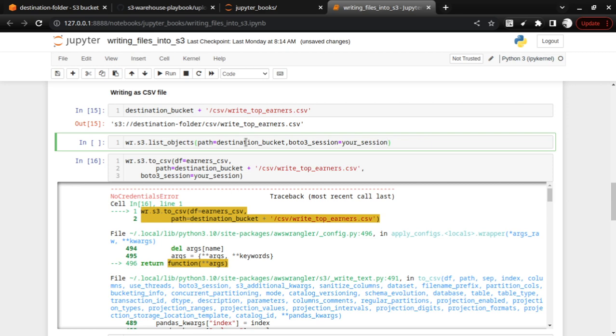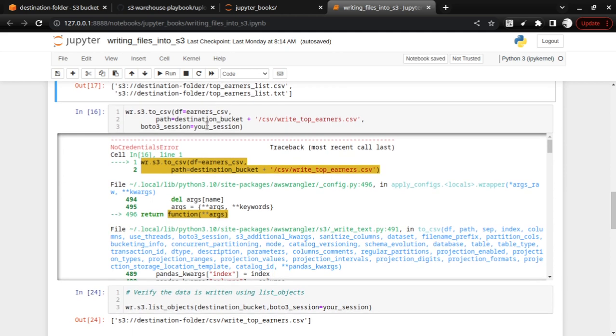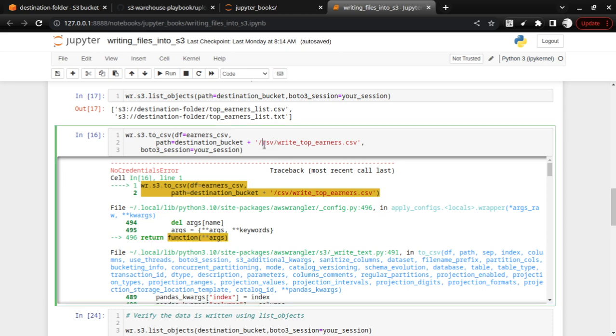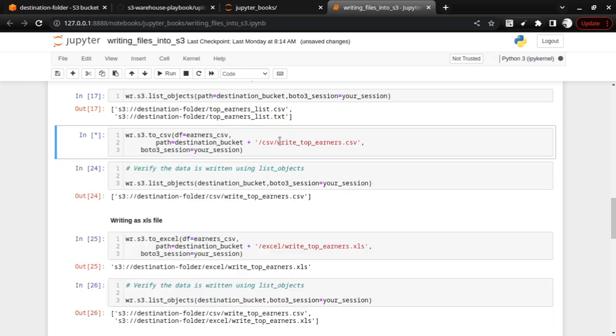Without that, it is not going to work, as you saw two minutes back. It lists that my destination bucket has a destination folder. Under that there are two files, .csv and .txt. Remember, we are going to write the file in the csv folder as write_top_earners.csv. That is what we are going to do. So if I execute this command now,